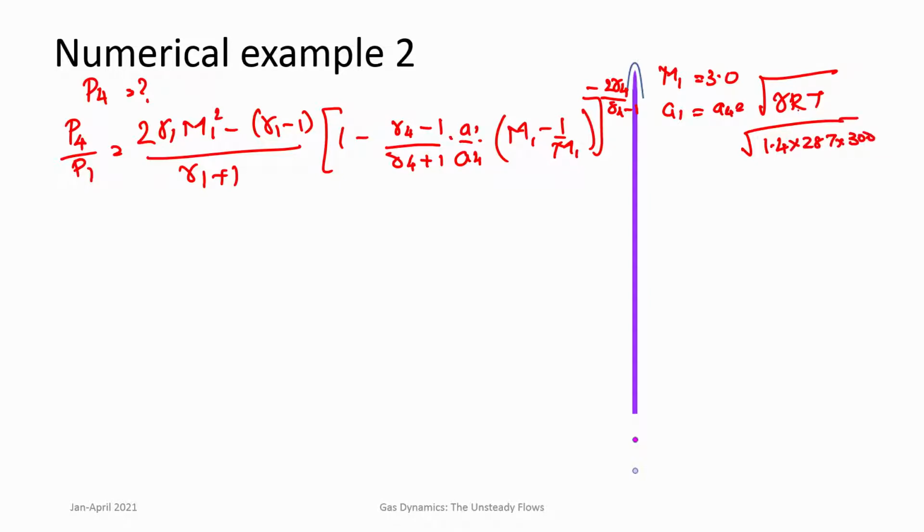Okay. So, gamma 4 equal to gamma 1, we know this, and if you substitute this you can get P4 by P1 directly, it is